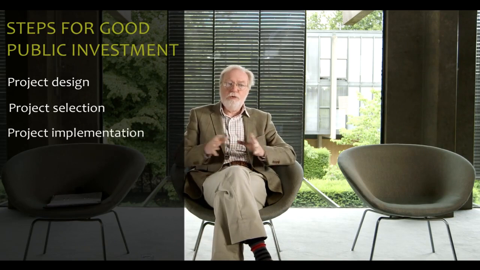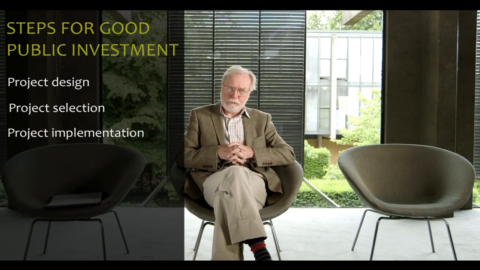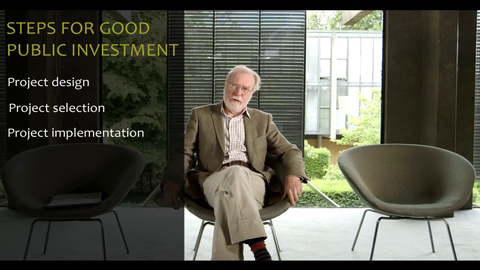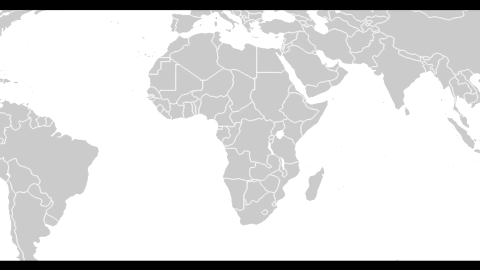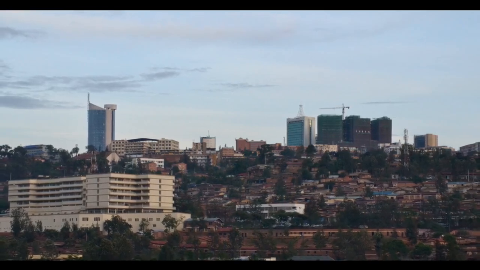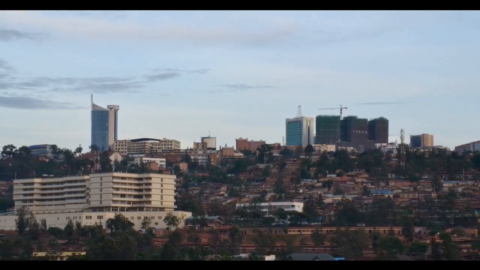Beyond that, good project implementation. The most successful country in Africa in recent years has been Rwanda. It's the one country that's had the fastest rate of poverty reduction anywhere in Africa ever. It's up with the best that China's achieved. And Rwanda did it primarily by having extremely good implementation of public projects. And it did that by accountability of civil servants up a chain of command, ultimately to the president.